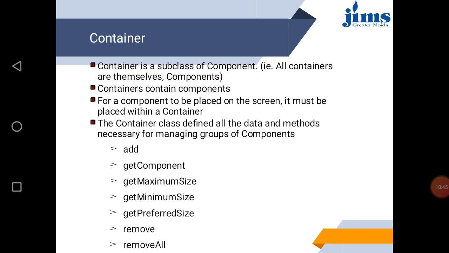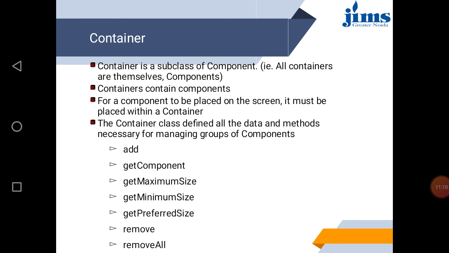We have discussed container. A Container is a subclass of Component. That is, all containers are themselves components, and containers contain components. For components to be placed on the screen, they must be placed within a container. So you cannot simply keep any component anywhere.